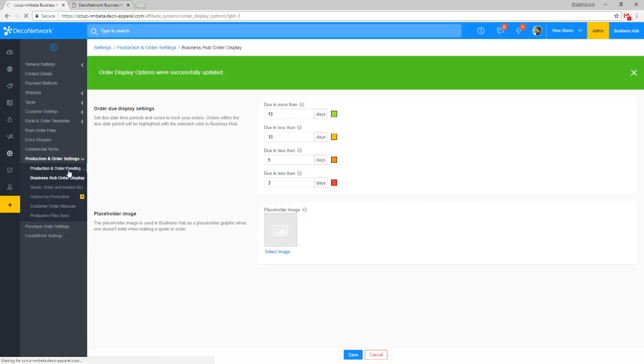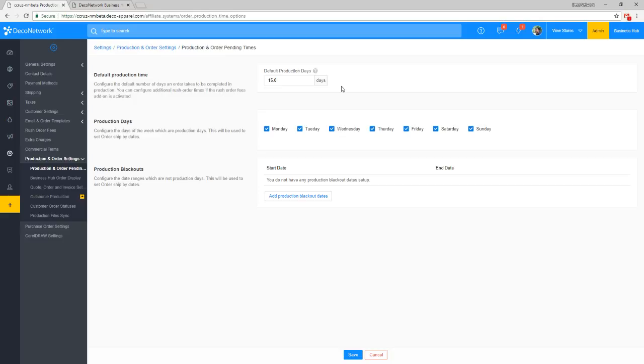The other one is the production order pending times. So this one often gets overlooked during the setup process, but it is an important one because this is going to determine the due dates of your orders that are submitted through your web store, right? So if someone's shopping through your website, they've created a decorated item, or maybe they're shopping through one of your affiliate stores and picking from those pre-designed items, the system is going to give them a due date based on what day they're ordering,